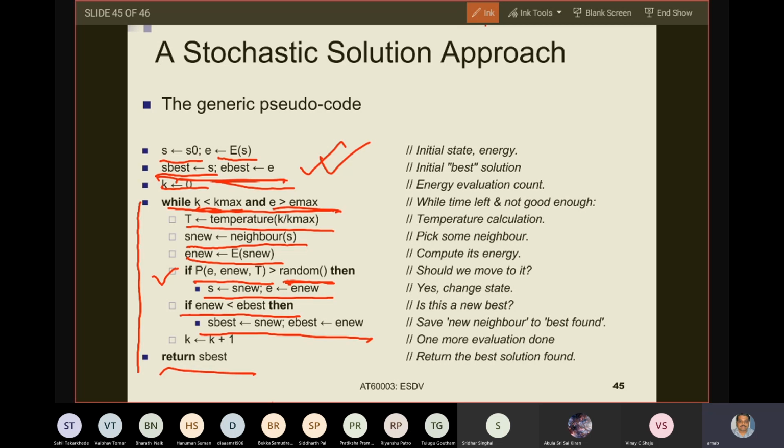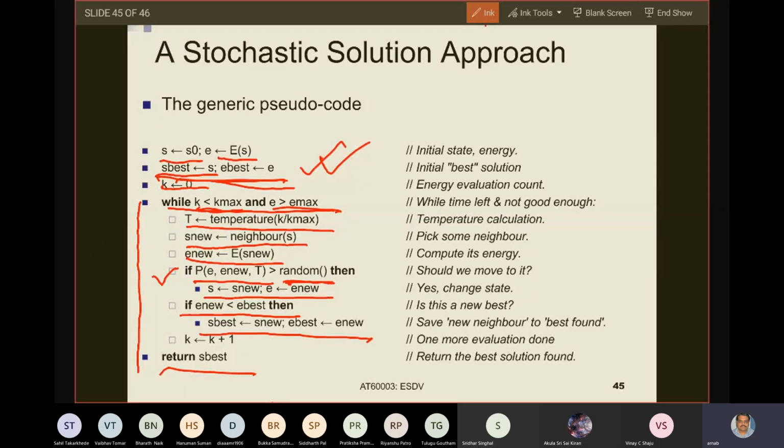And you do not want to go through the entire process of generating an optimal solution, because it is also time consuming. Here you can limit the bound on K max and say that at most I will run this algorithm for this much time, and whatever is the best solution within this time, I will stop. And even before this, if I get an acceptable solution which is less than or equal to E max, I will still stop. This is your objective.